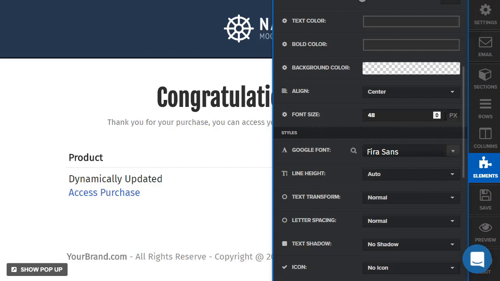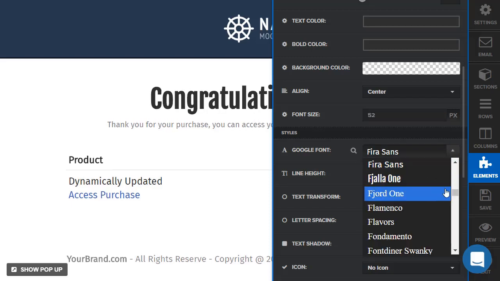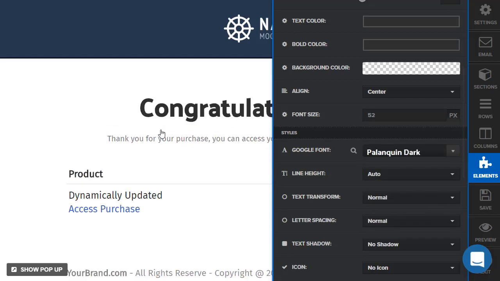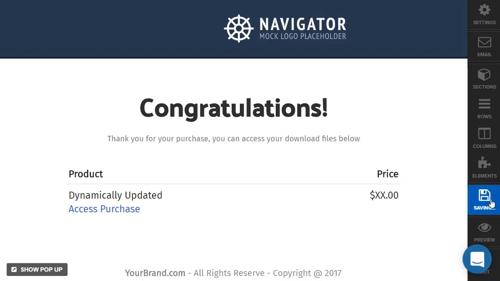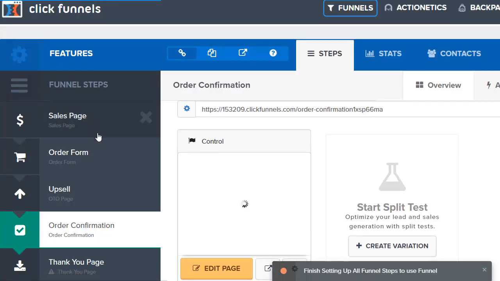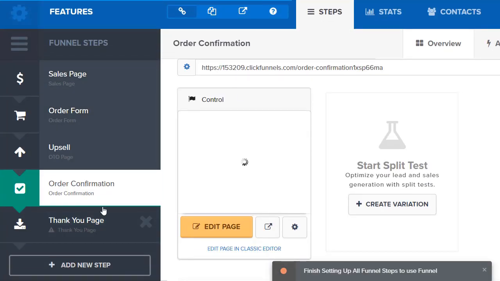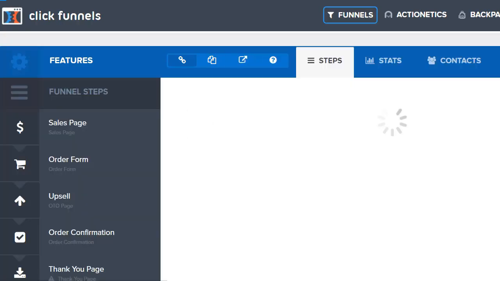For example, if I want to make it bigger, or if I want to make it some random font like this one, sure, awesome, let's do that. All right, that's the nitty gritty stuff. That's completely up to you. I'm not going to go into insane detail with that. And last but not least, just in this specific funnel section, and there's probably a million more features,